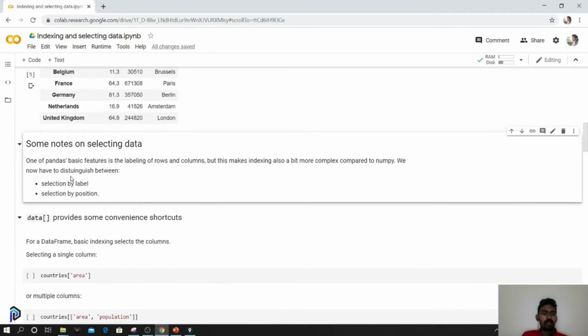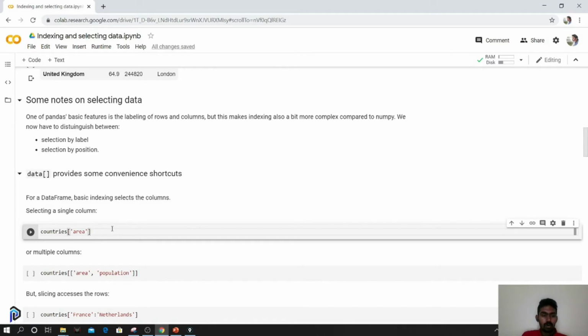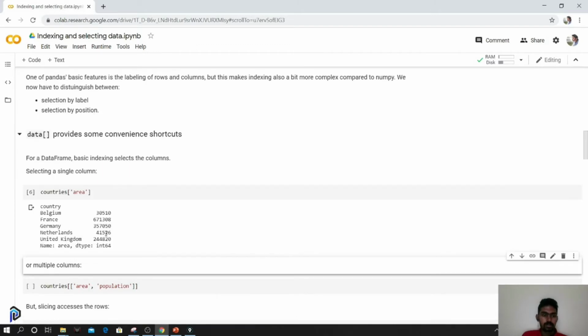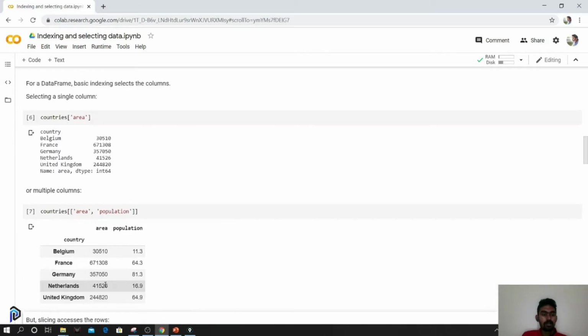As we said, we can select using the labels or the position. But before that, we'll look into the normal convention that we generally use, the square brackets. Square brackets are generally used to access a column. I can use the column name to access that particular column alone. This is typically a series. As you can see, we have the name of the series and also the data type. One particular column is generally a series. I can also select multiple columns, and it's a data frame, so we also get the index over here.